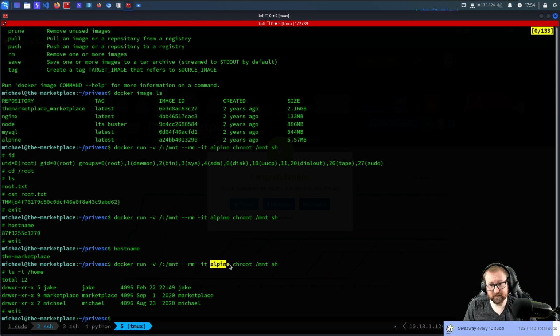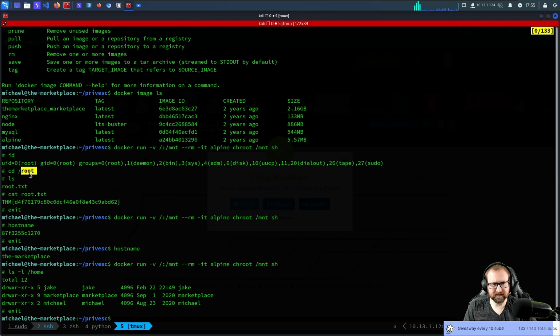These are really the commands you need to know about. Alpine is the name of the image. And you may be wondering, okay, well, if it mounted the root directory to /mnt, why could we just cd into root?